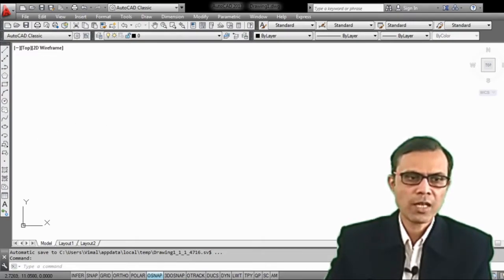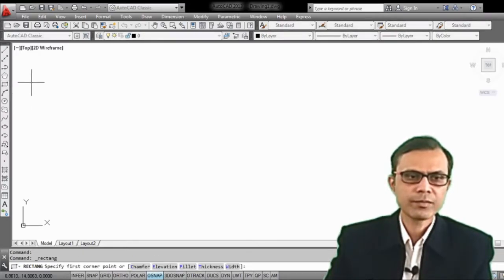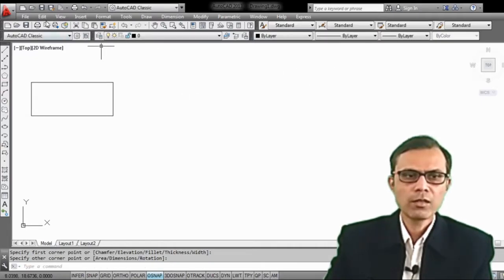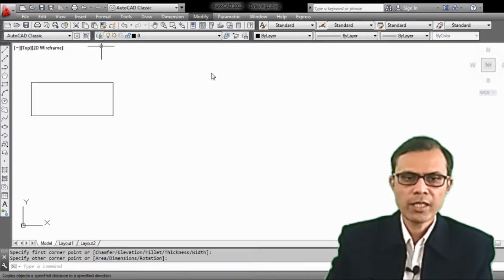So first to start with, I am taking one simple object, rectangle. Here it is a menu bar, and from this it is modify commands. So when you click on this modify, this drop down menu will be opened. So these are the different types of the modify commands. Erase, first type is erase. All of you are very aware with that. By operating this command, any object can be erased. So next command is copy command.